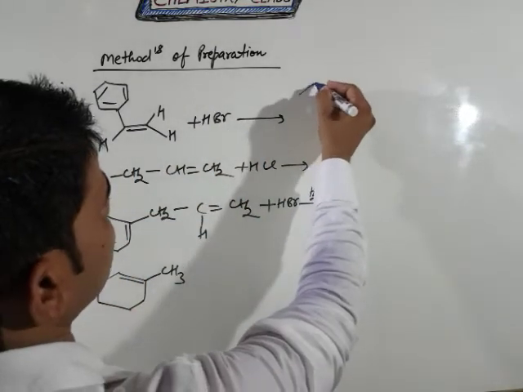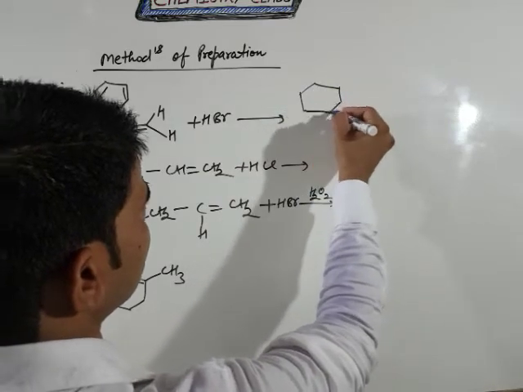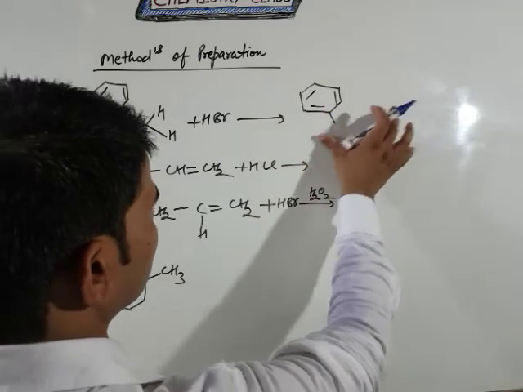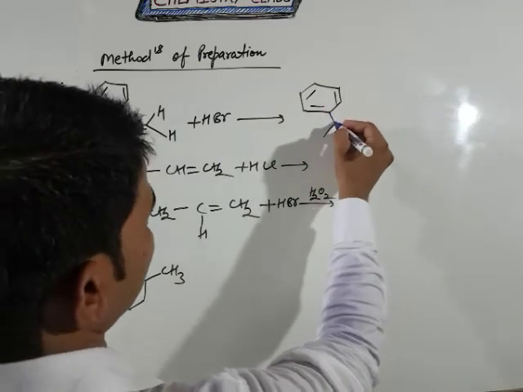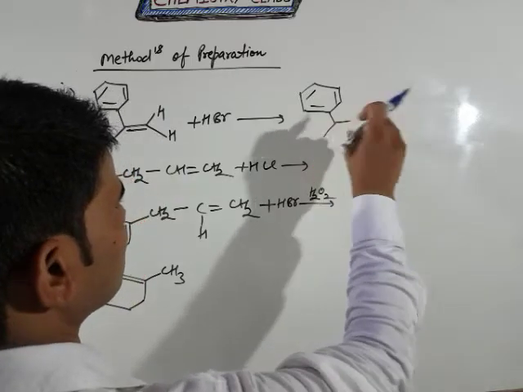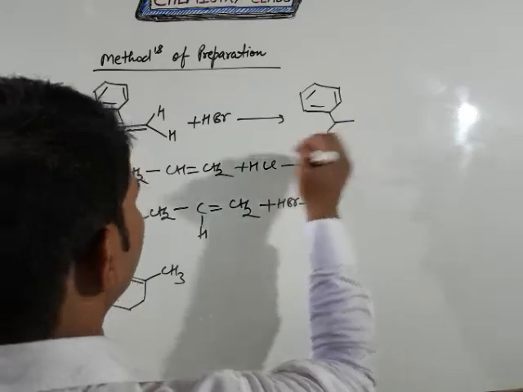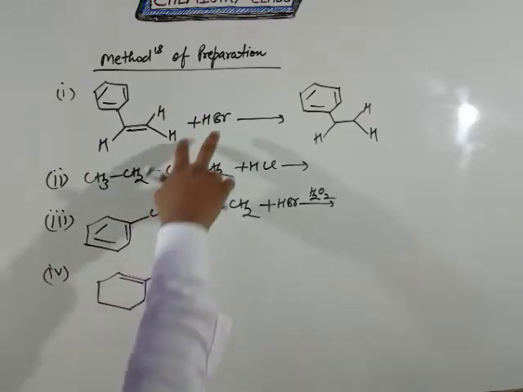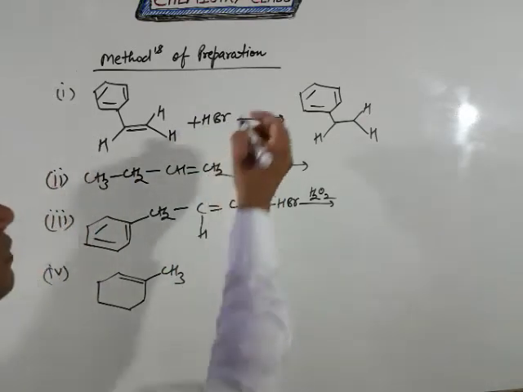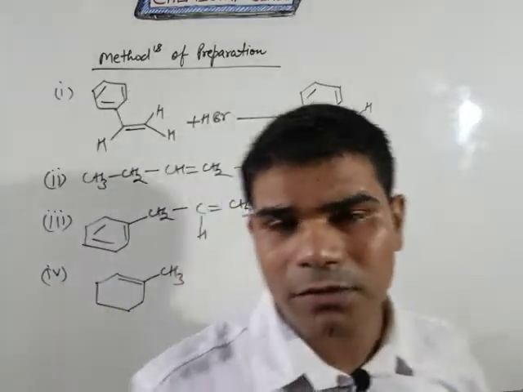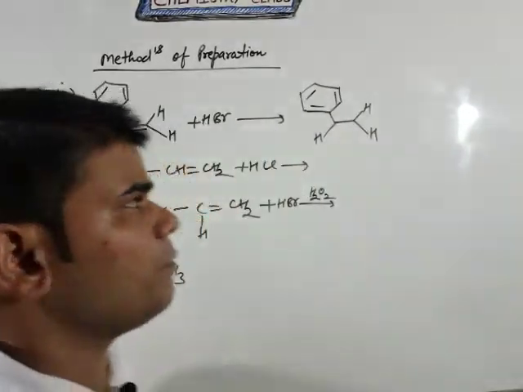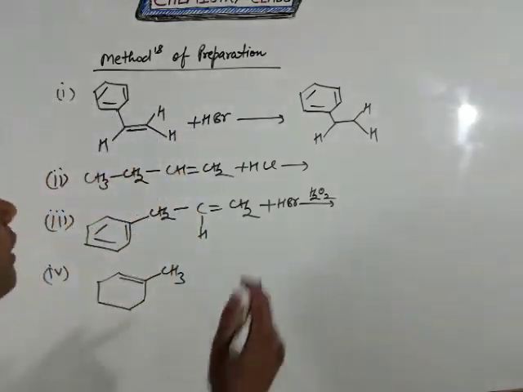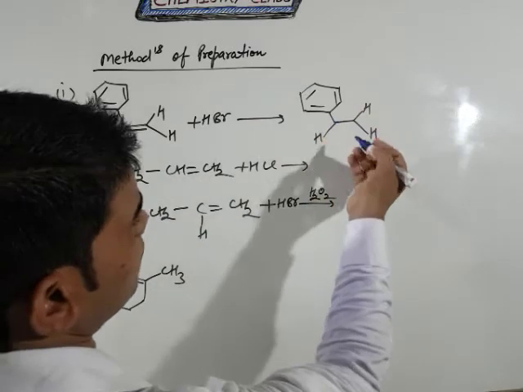So students, first draw the structure of the given reactant, because in this reaction we will talk about only the product. The double bond also converts into a single bond, and you are adding HBr. In HBr, which one is negative and which one is positive? H is positive and Br is negative. Br is negative, that means Br is considered a nucleophile. So the nucleophile attacks the carbon with fewer hydrogen atoms.